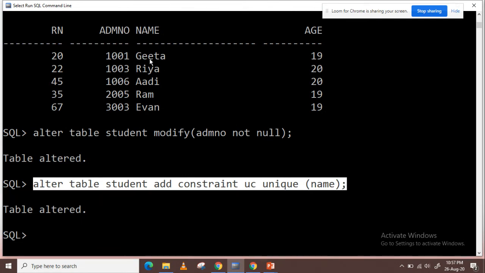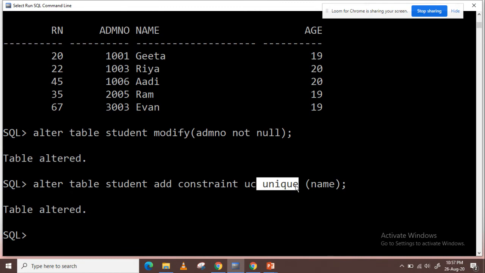Suppose I have Geeta with 2 rows or Ram with 3 rows, then I cannot add this unique constraint, because the table already has duplicate entries for that column, so I cannot add the unique constraint for name.